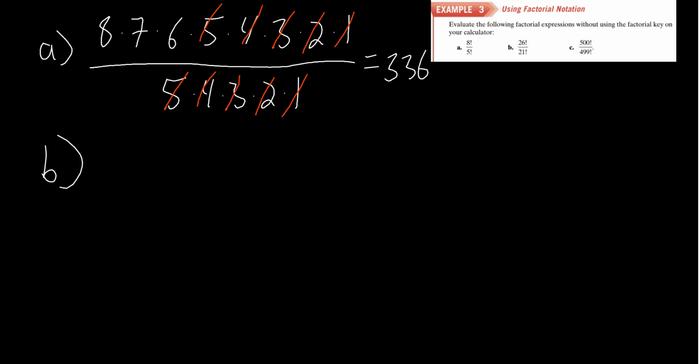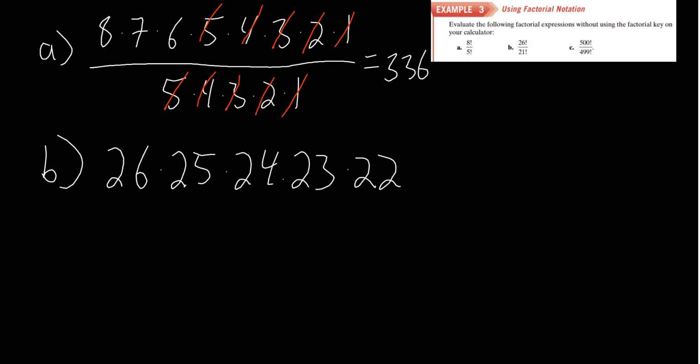And so let's try to do that for B. We have 26 factorial over 21 factorial. I will not write out all of 26 times 25 times 24 and so on. Instead, I'm just going to write 26 times 25 times 24 times 23 times 22 times 21, but I'm going to erase the 21. Why? If we look back at example A, we had the 5 factorial in my denominator, and the first thing I canceled in my numerator was the 5. For B, we have the 21 factorial in my denominator, so the 21 is the first thing I'm going to cancel in my numerator. So I'm going to go ahead and